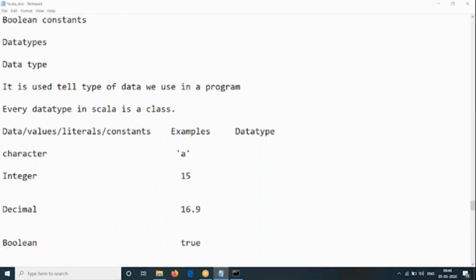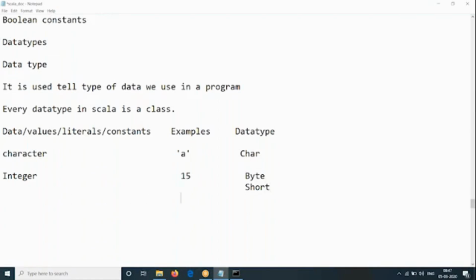Okay, everything is an object here. To declare character, we use a class called, what is that class here? Our class is a... yeah. To declare integer, we use 4 different data types here. What are those 4 here? Those 4 are something like byte, something like short, something like